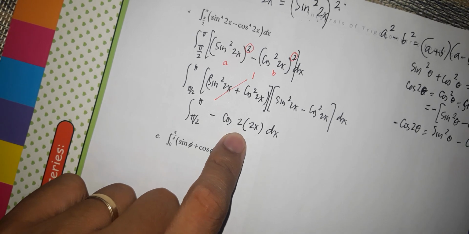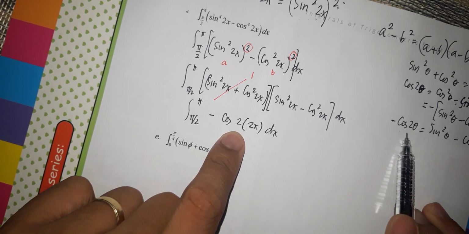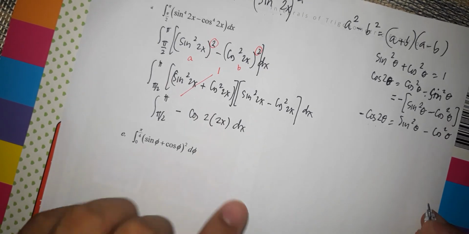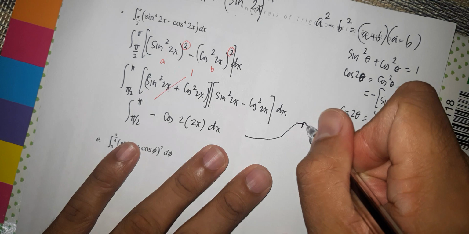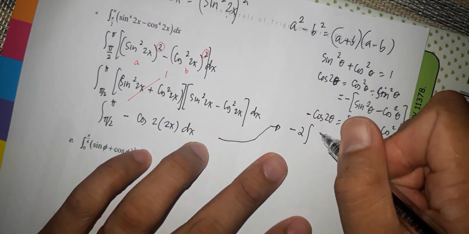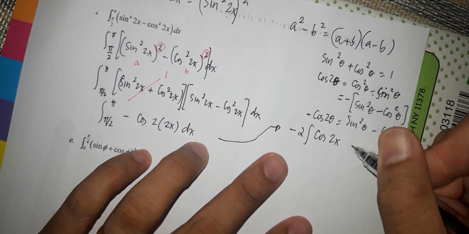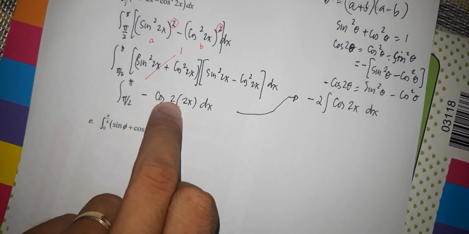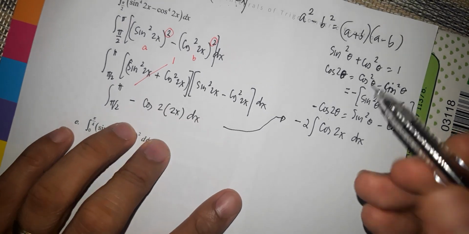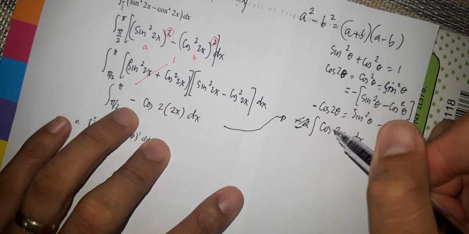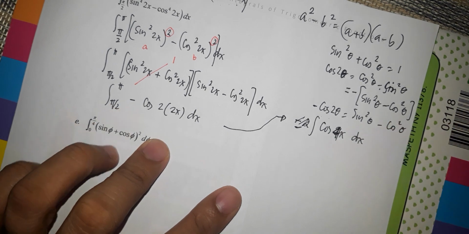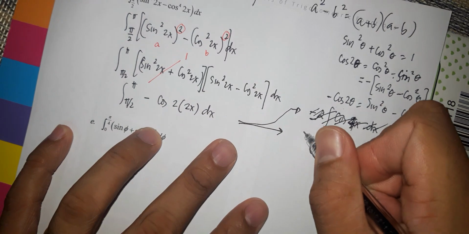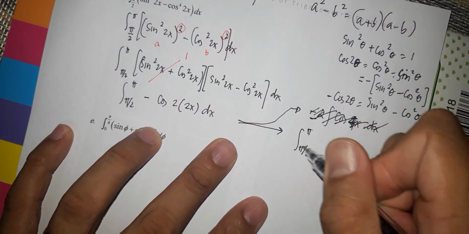So, cosine twice the angle. So, negative cosine twice of this angle 2x, which is equal to sine squared theta minus cosine squared theta. So, this now gives you negative 2 integral of cosine 2x dx. So, the 2 must be put outside because it should be 4. So, that's negative cosine. I thought it's 4 times. So, wait. So, this now gives you integral from pi over 2 to pi, negative